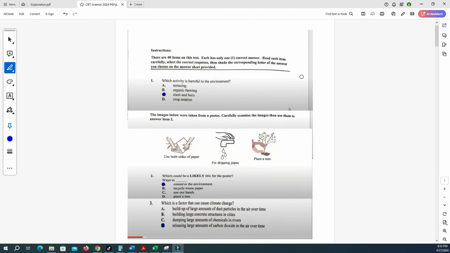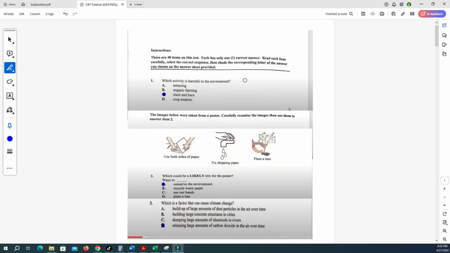I'm your host Brainy, and today we're going to take a dive into the Science CBT for 2024. Let's see how we would have done if we had taken it. There are 40 items on this test. Each has only one correct answer. Read each item carefully. Select the correct response, then shade the correct corresponding letter of the answer you choose on